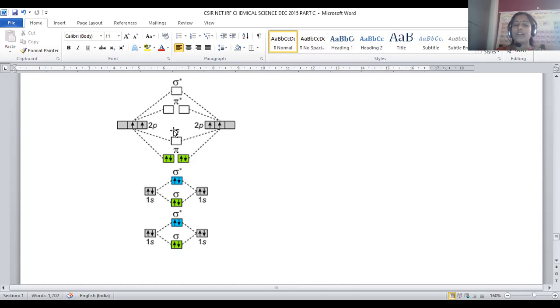Sigma orbital will come down, pi orbital will go up. Being a less than half-filled system, 2p2 means one more electron is needed in order to get a half-filled system, right? That's the reason why here the pi 2px and pi 2py orbitals got filled with the 4 electrons, and this will be the electronic configuration.